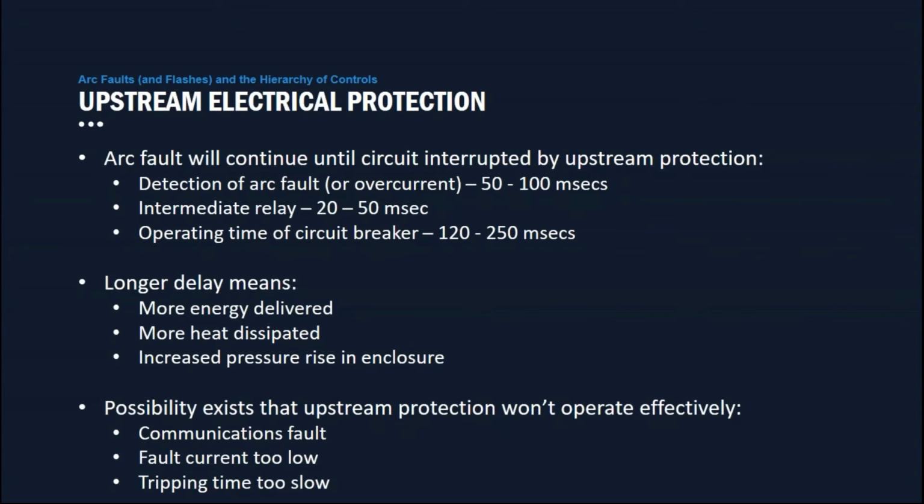And then the operating time of the upstream circuit breaker, somewhere 120 to 250 milliseconds. So if we start to add those together, we can get close to 300, 400, 500 milliseconds of sustained arc. And as we saw earlier, the pressure rise in an enclosure is linearly proportional to the time